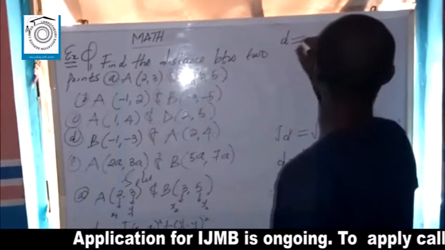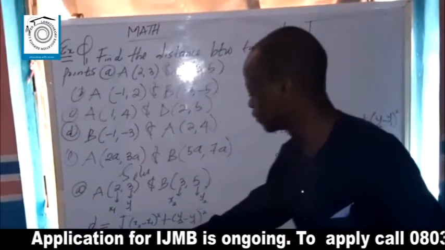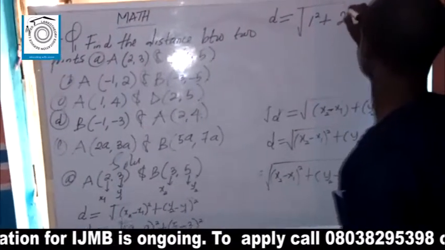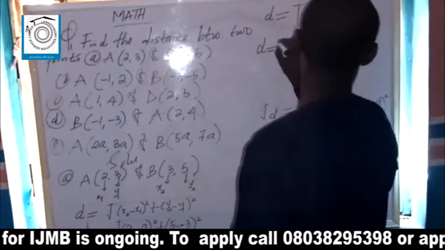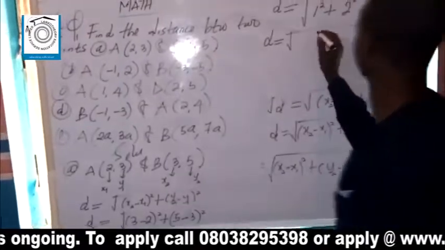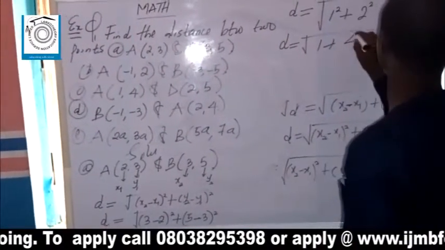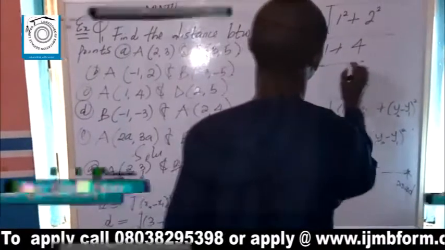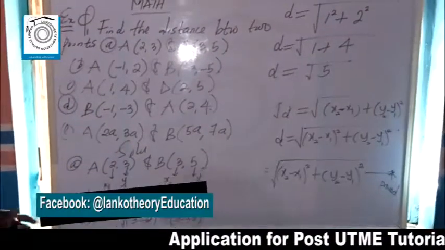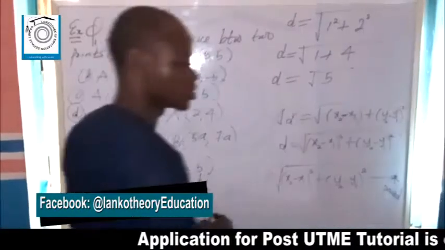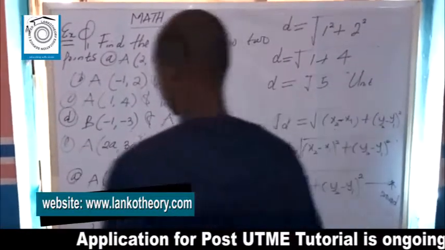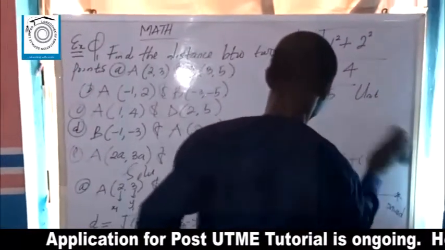It can be written as d equal to the square root of (3 minus 2, that is 1, raised to power 2) plus (5 minus 3, that is 2, raised to power 2). So d will be equivalent to the square root of 1 squared, which means 1 times 1, and 1 times 1 is equal to 1. 2 times 2 is equal to 4. d will be equal to the square root of 5, as you can see. So you can say that this is the first answer. Distance is measured in meters or centimeters, but here we can put 5 units. So you can go for the next questions.